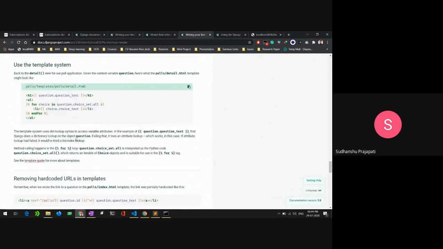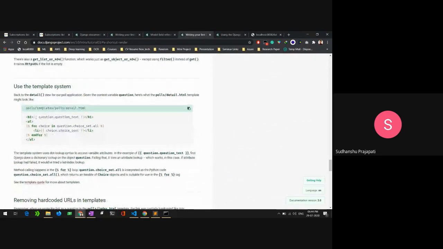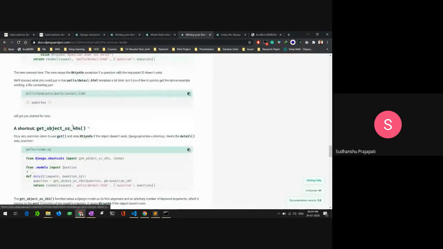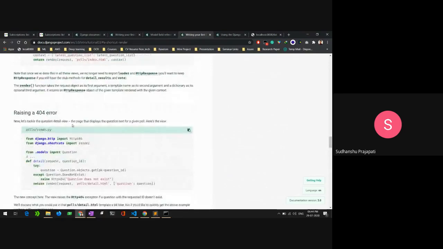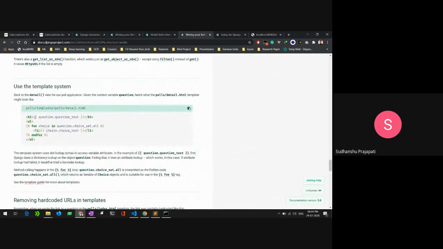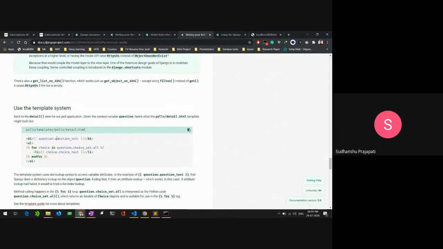Here we can see we are using template tags, and you can learn more about them. I will give the link in the WhatsApp group to get to know more kinds of variables, what you can do with them, the filters you can use here, and the template tags. For now I want to use something similar to this, that is the for loop, and I will create the list. For now I will just copy that, so we don't have to type that much.